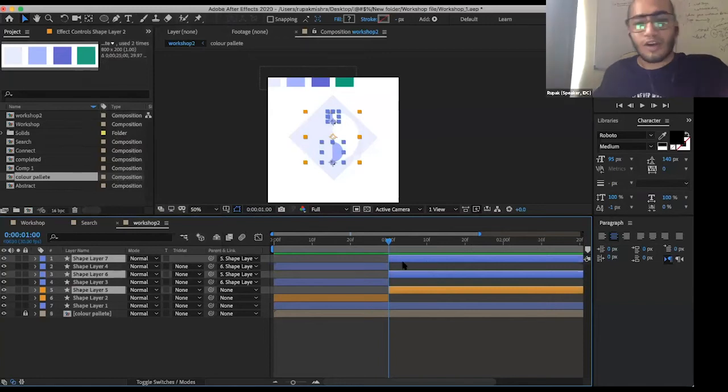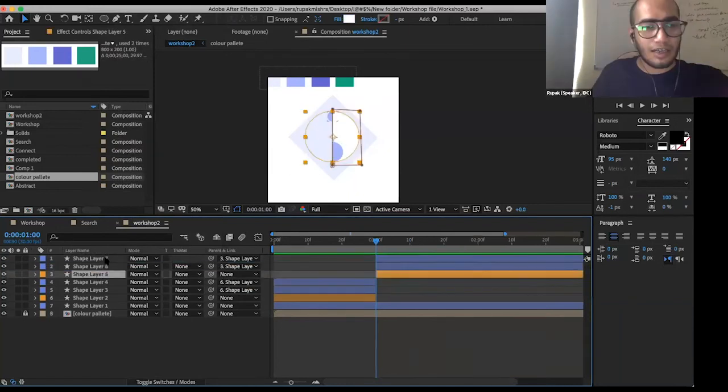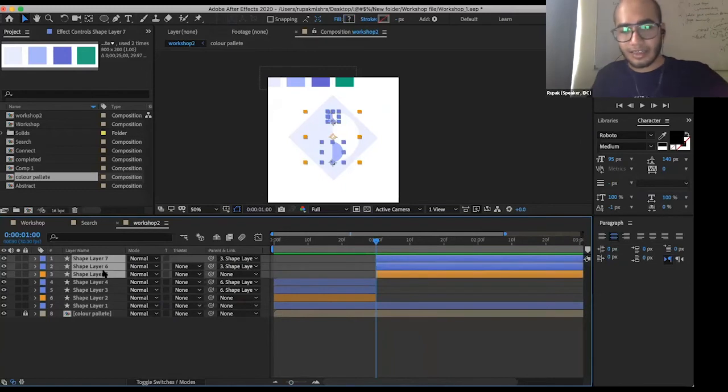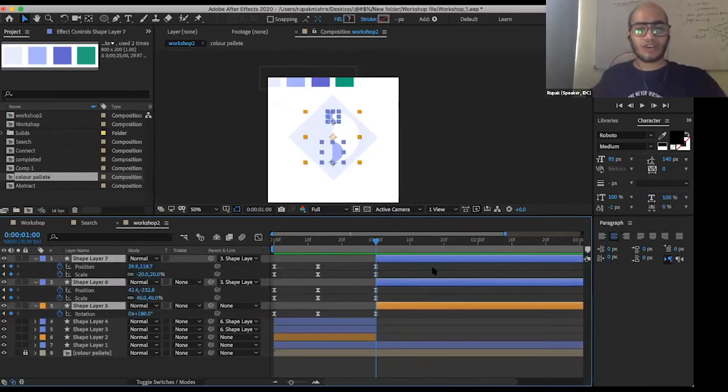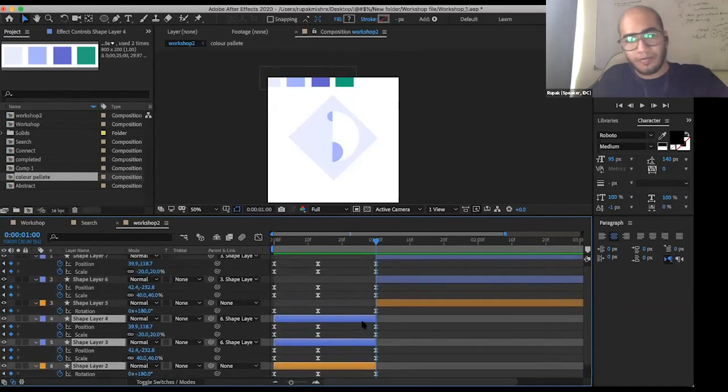Now we can easily manipulate the other half without affecting the first part. So we'll move the other parts to the top. And also, first select the layers and just type U so that you can check all the keyframes you have there. I think your keyframes all should look like this only. If it's not, then there is a problem.